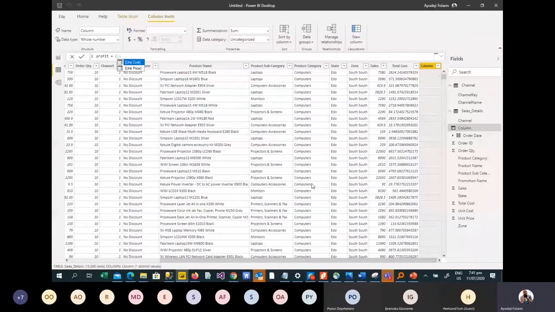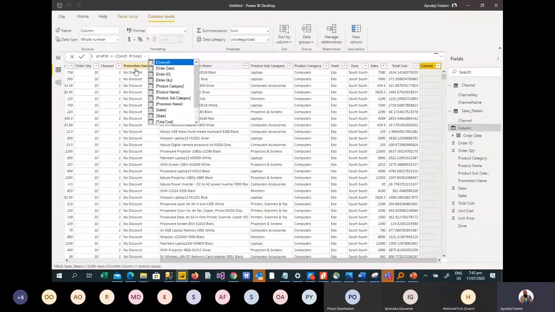In Excel, you would have said A1, B1, but here, just start with a square bracket. Once you open a square bracket, all the columns that exist will show. Can you see all my columns? So I want to type unit. Once I type U, these are the two columns that start with U. Unit price minus another column, unit costs. So remove unit cost from unit price,